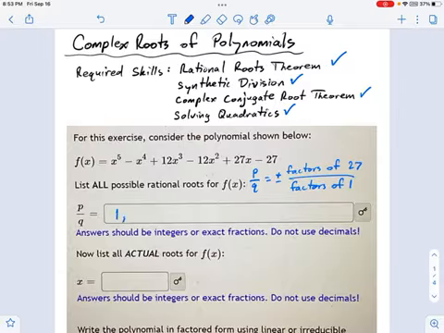It's 1, 3, 9, and 27. That's it. Now we have to remember that plus and minus, so we really got a few more. -1, -3, -9, -27. So this list is really not that long. Oftentimes you might have 16, 20, 24 possible roots that you have to check. Not that you should ever be checking that many. There's usually a hit in these first several.